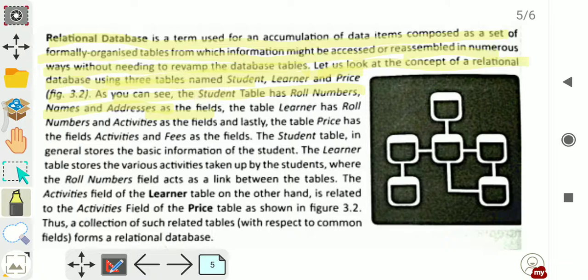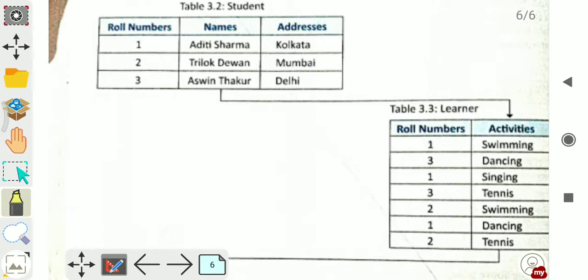So here, as you can see, this is the student table, and these are the fields: roll number, name and address.